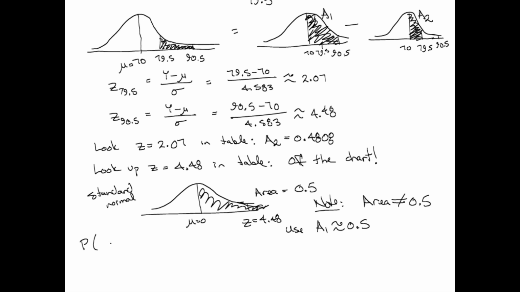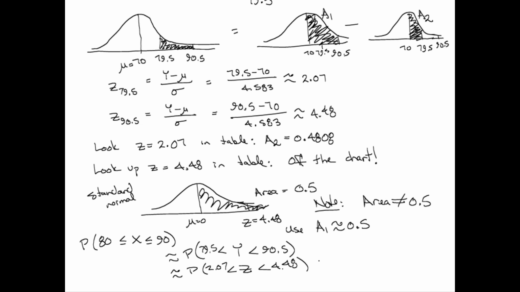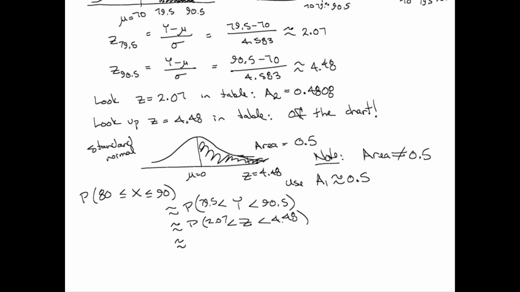So the probability that my number of successes is between 80 and 90 inclusive is approximately equal to the probability, if I let y be the normal value, that y is greater than 79.5 and smaller than 90.5, which is approximately equal to the probability that z is between 2.07 and 4.48. And so this is about 0.5 minus,